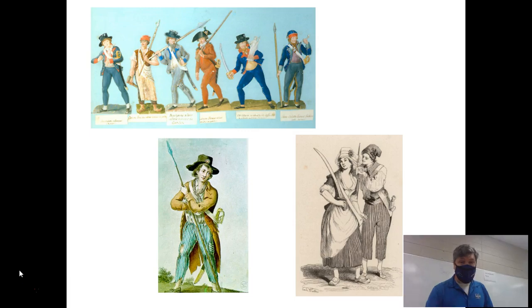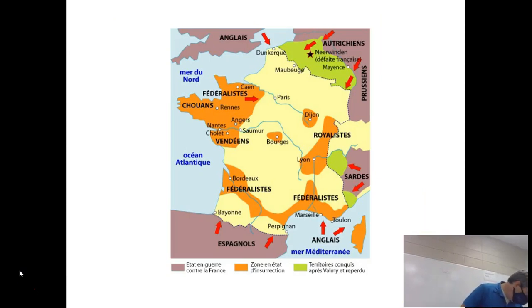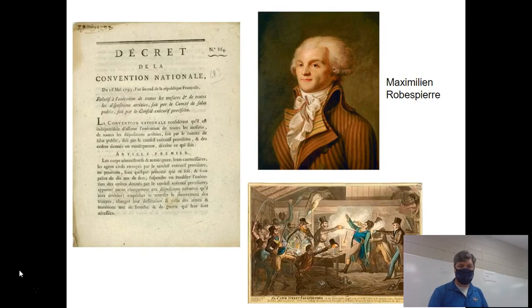And it's worth noting that by this point, things had become so chaotic that there was even a counter-revolution against the revolution. This area here that you see as orange were actually now regions of the country that were revolting against Paris. And so when I say it was chaotic, I mean it. You don't even know who's in charge depending on where you are in France. Some wanted to restore some other version of a republic. Some wanted to restore the monarchy. Obviously, we have Prussia and Austria controlling parts of the country. Things are pretty rough.